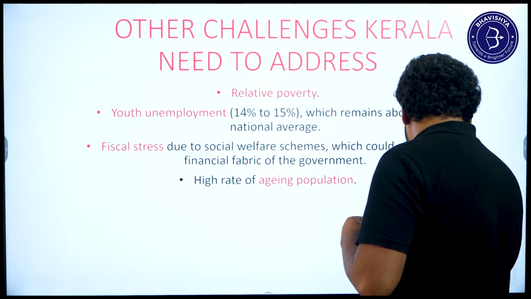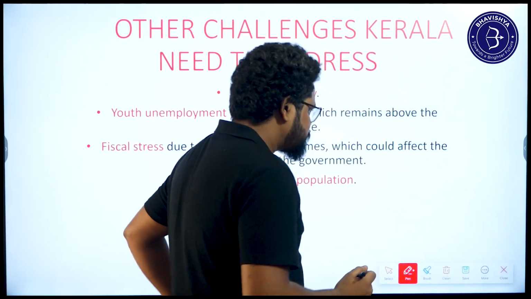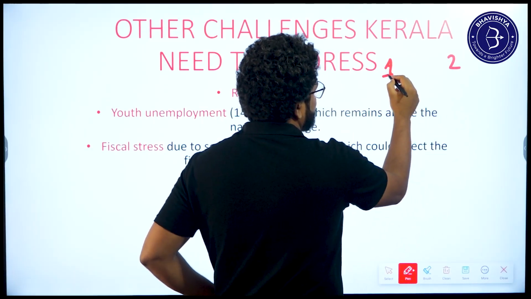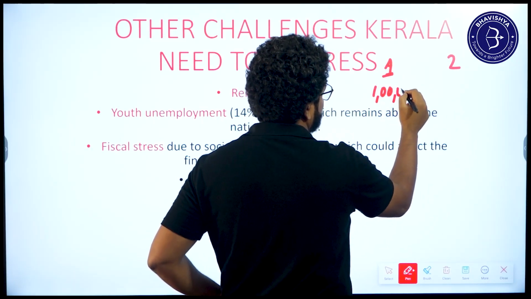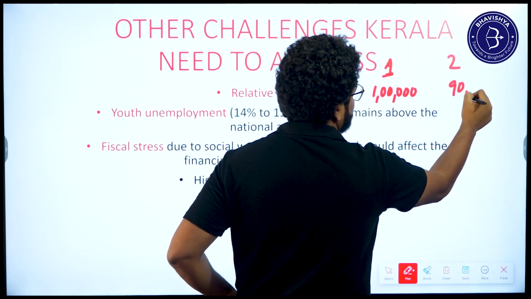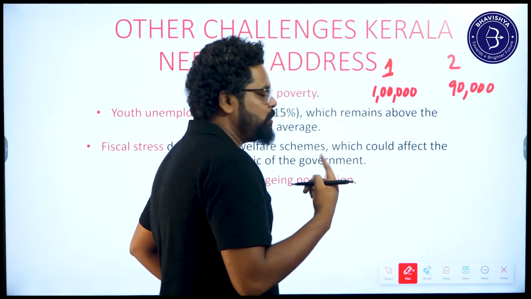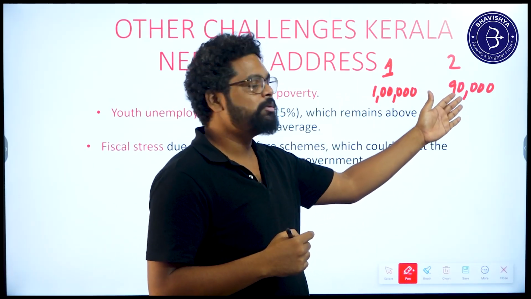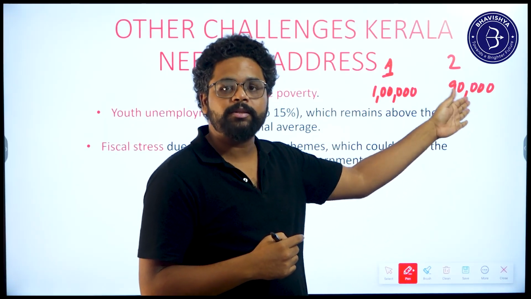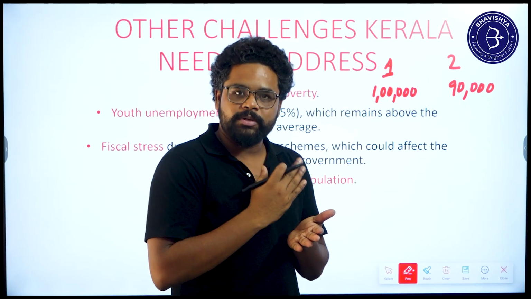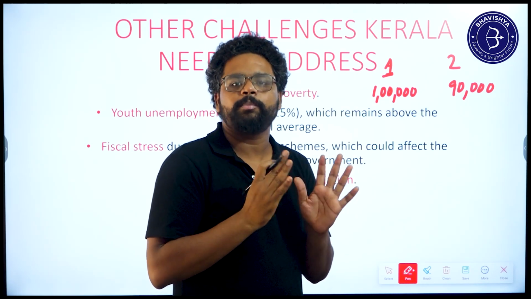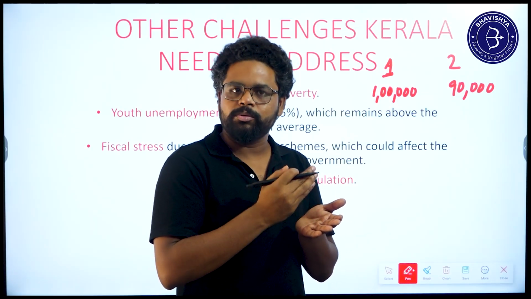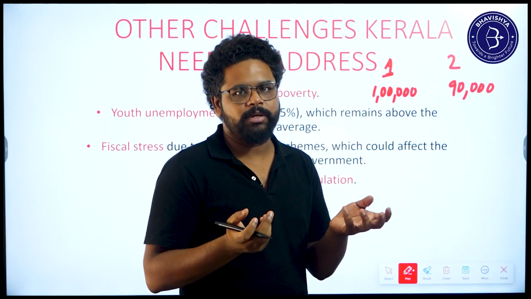I'll just explain with an example. Let's think there are two people, and this person has 1 lakh income per month, and this person has 90,000 income per month. When you see both, we can't say that these two people are in poverty, but when you compare one with the other, we can say that the second person is poorer than the first person. That means you are comparing yourself with others and deciding that you are in poverty. That is called relative poverty. That means there is a relativity, a comparison between two people, or it can be two economies or two countries or whatever it may be. That is what is called relative poverty.